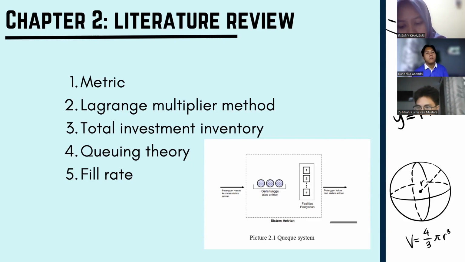The Lagrange multiplier method is designed to tackle complex optimization problems subject to constraints. The Lagrange method is employed to solve objective functions associated directly with their constraint function. And the total investment inventory optimization process is a nonlinear integer optimization problem. Therefore, the Lagrange multiplier method is the most feasible approach for total investment inventory optimization.